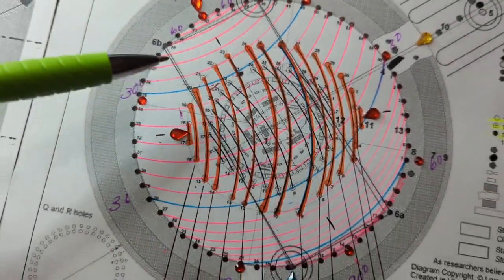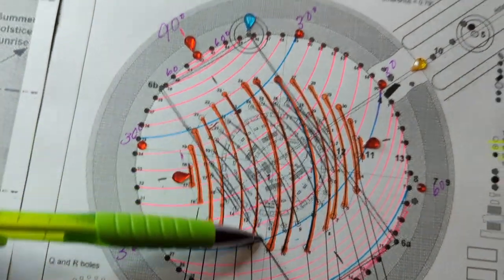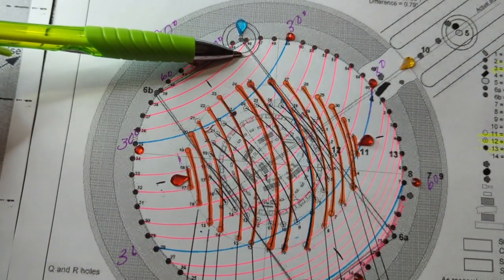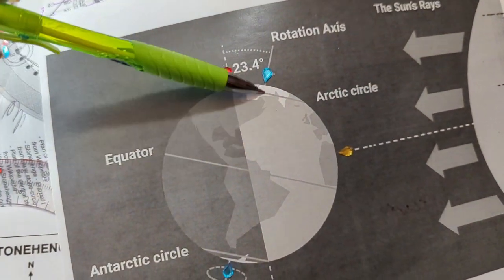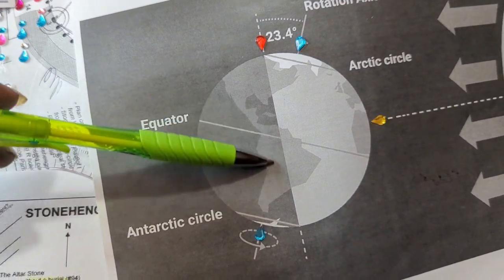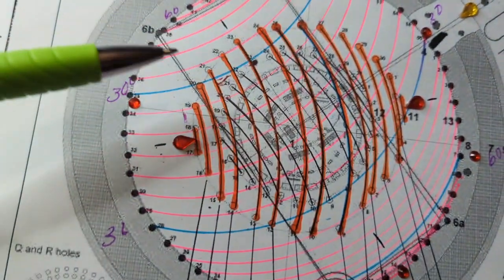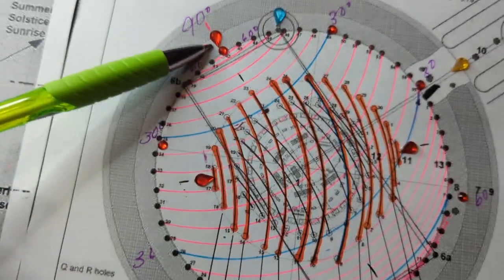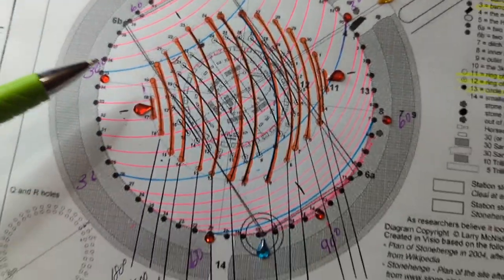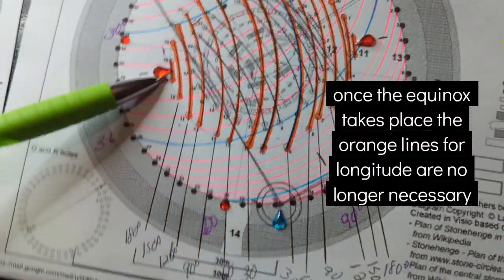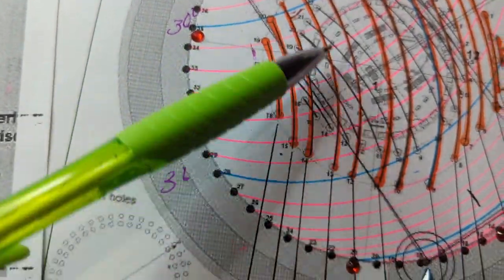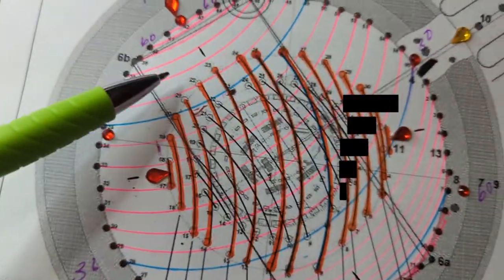Now if you're wondering why this longitude is different from this one, it is because this longitude, meaning the darker orange area, is based on this tilt right here. So it's going to have to return to its original axis once the equinox takes place. They compensated for that. So once the equinox takes place, those stones in between these exterior stones serve as longitude now. So if you look in between, we can do the same thing that we did here